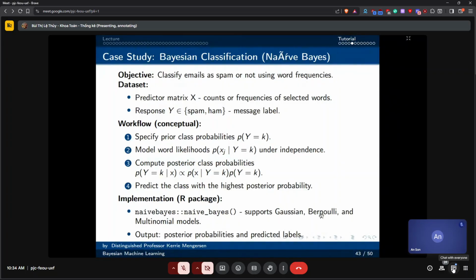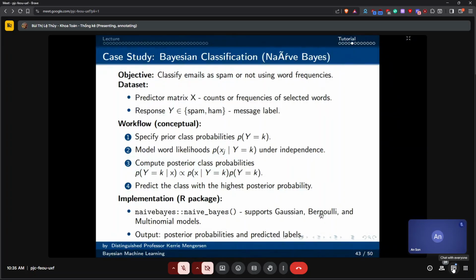And the workflow then is to specify prior class probabilities. That can be done just by default. The package will select the proportion in the data set, the proportion in each of the classes, or you can specify it. We then have a model for the word likelihoods.